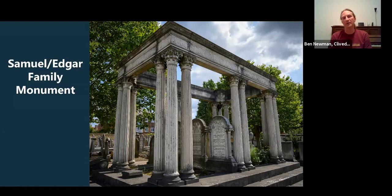It looked like quite a lot of groundswell had caused the steps to spread a little bit. So we put a scaffold up around this, and it's always interesting to get up close to a building or a monument like this, and you can see the construction at closer hand. So we used a pressure and steam cleaning system, which effectively brought the marble to quite a nice clean finish,